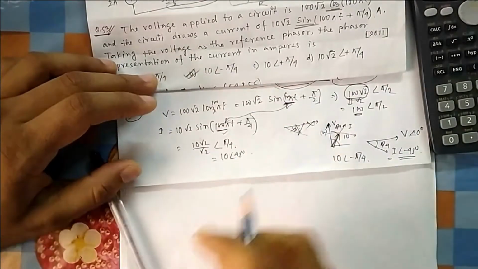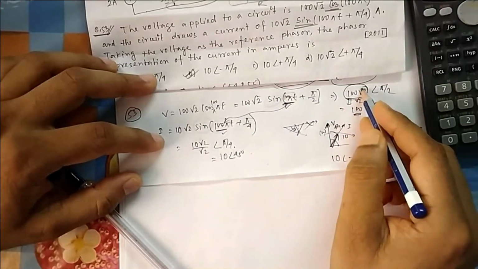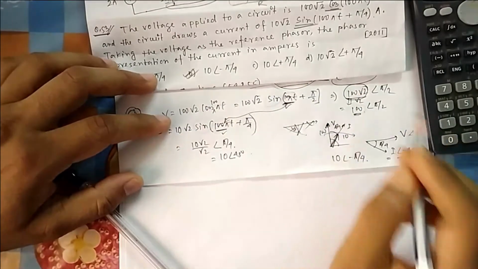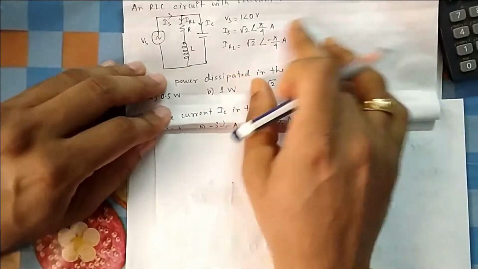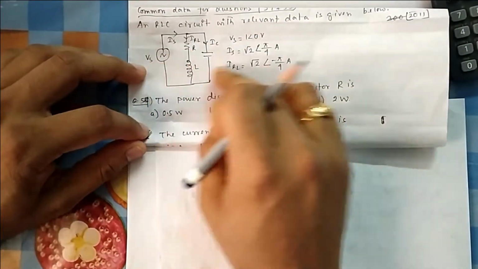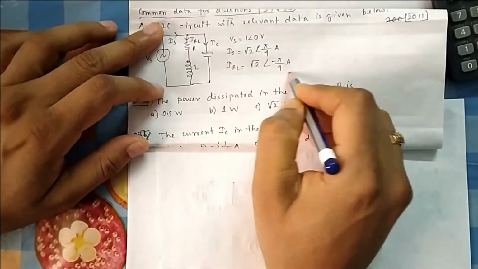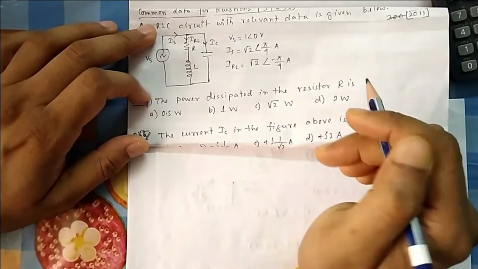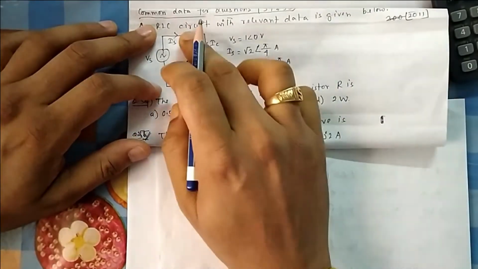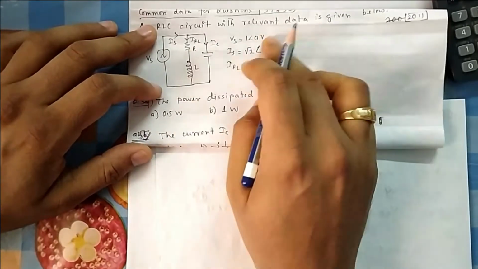So the common misconception was that both should be at the same frequency, both should be at sine, and the magnitude is always the RMS value. In the RLC circuit given below, Vs is given as 1 at an angle of 0, this voltage. They have given the input current, and IRL is also given, the current through this branch. The question is the power dissipated in the resistor R. They have not given the value of the resistance, but lots of things have been given.